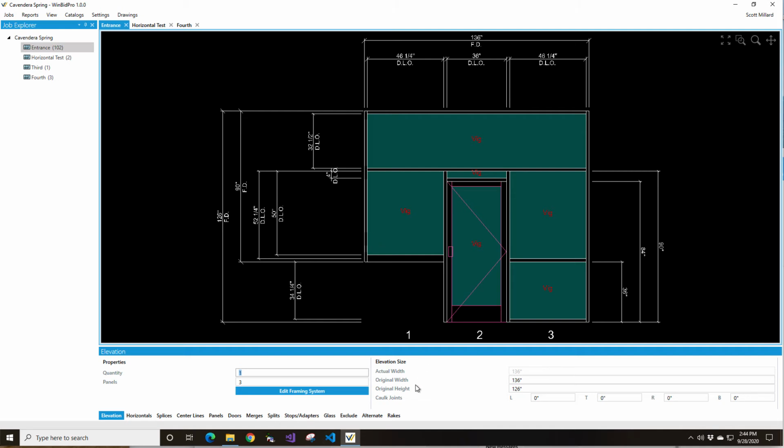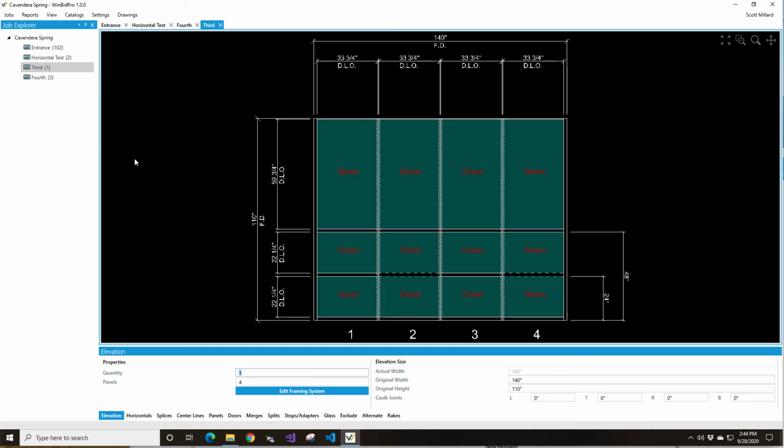The drawing features, putting a door in, you can just click on the panel. Putting horizontals in, you can click the panels, things like that. So you're interacting with the drawing more. We still have some tweaking to do to make these dimensions look better and things like that. But